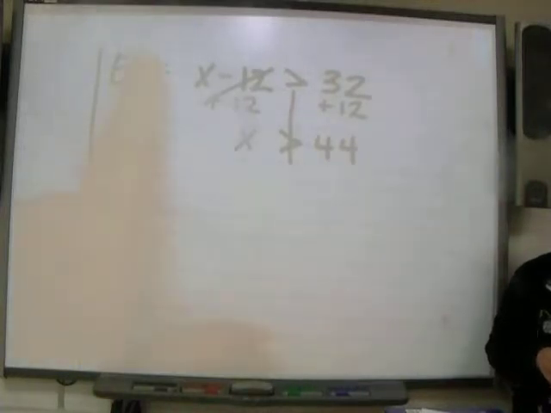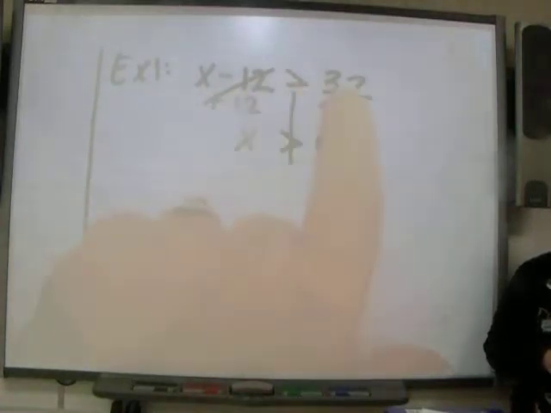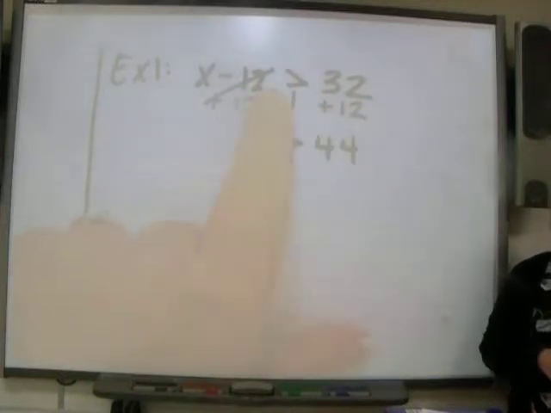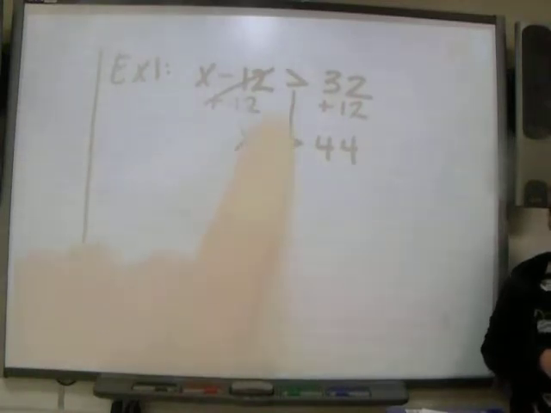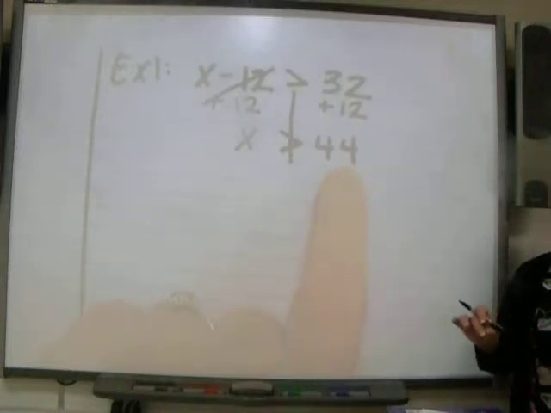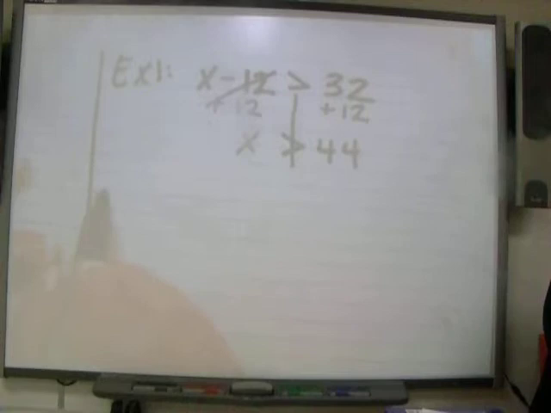Will 44 make this a true statement? 44 minus 12, what is that? 32. Is 32 bigger than 32? Is 32 greater than 32? No. So that's why every number that is bigger than 44 is the only one that can satisfy or make that a true statement. So when we look at the number line and what our solution set would be,